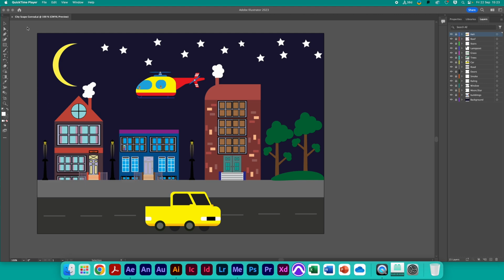How to turn this lovely Adobe Illustrator cityscape illustration into a moving image piece of digital animation. We're going to do this using Adobe After Effects, but before we open this file in After Effects, it's